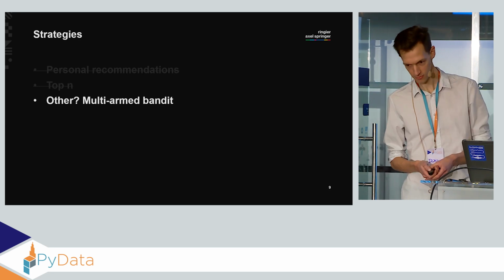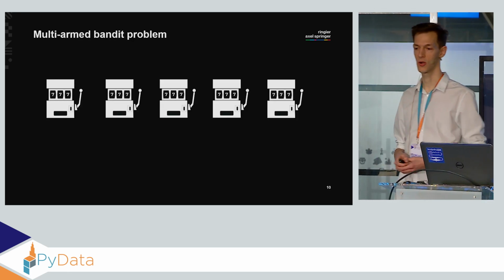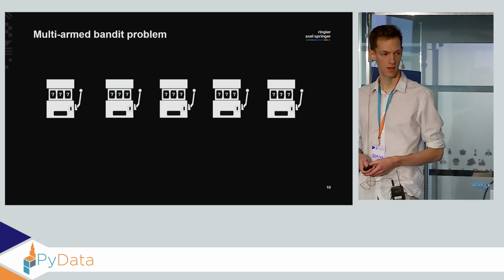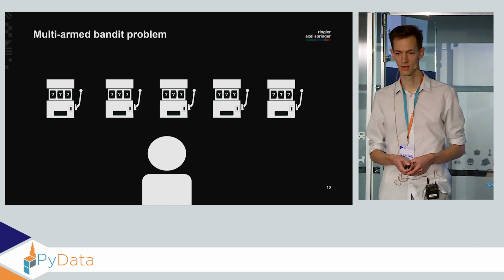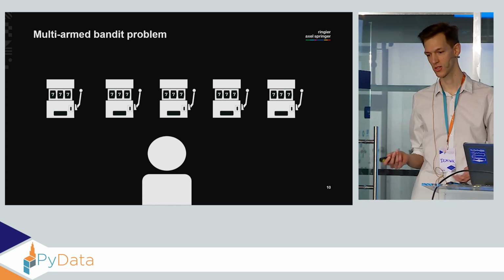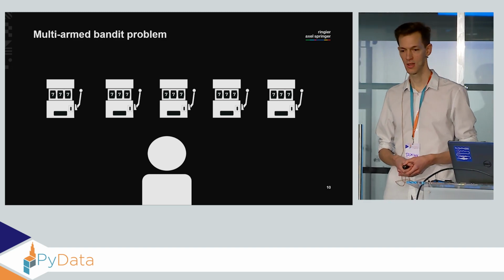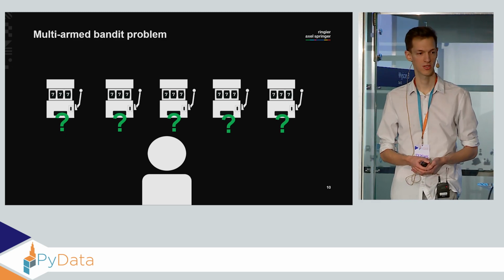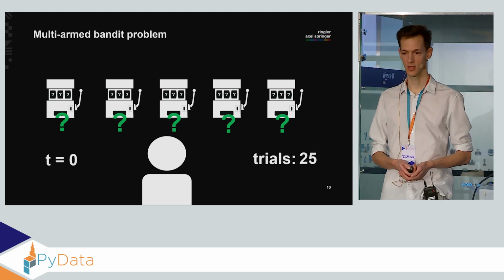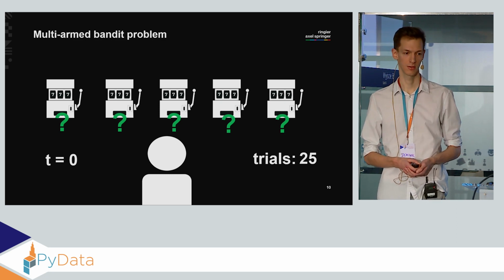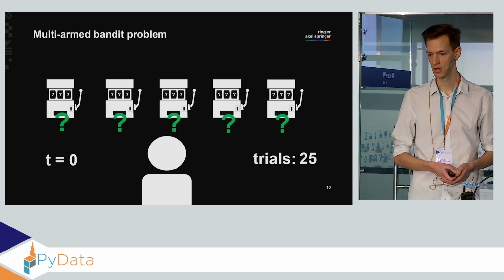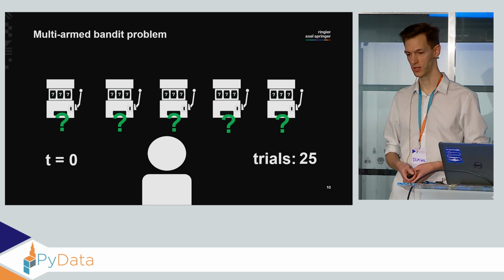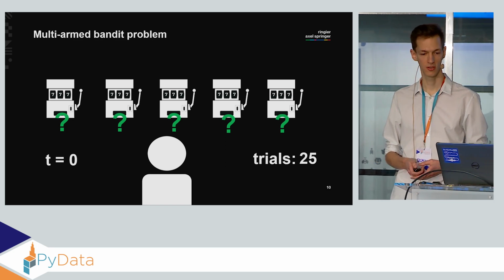To understand this multi-armed bandit problem, imagine that you are in a casino with a row of slot machines, and you decide to try to win some money on them. Please also assume that you can actually win some money using some of these machines, but you don't know which ones these are. Some of them might completely rip you off and waste your time and money, while others could potentially make you rich. And furthermore, assume that you only have a specific number of trials during a given time step. So for instance, for today, you might perform only 25 trials.